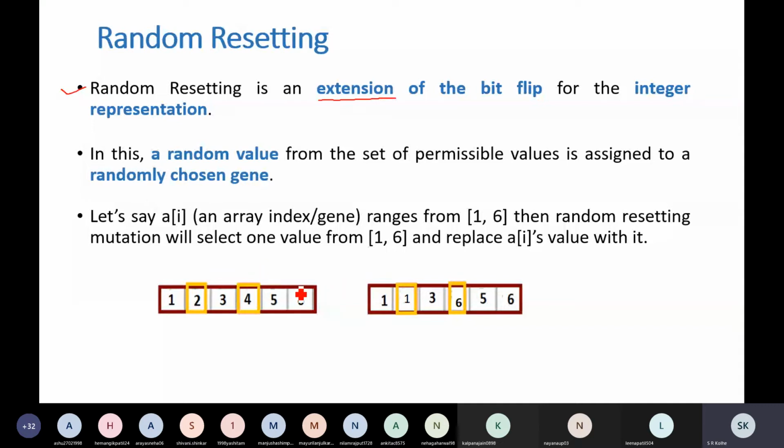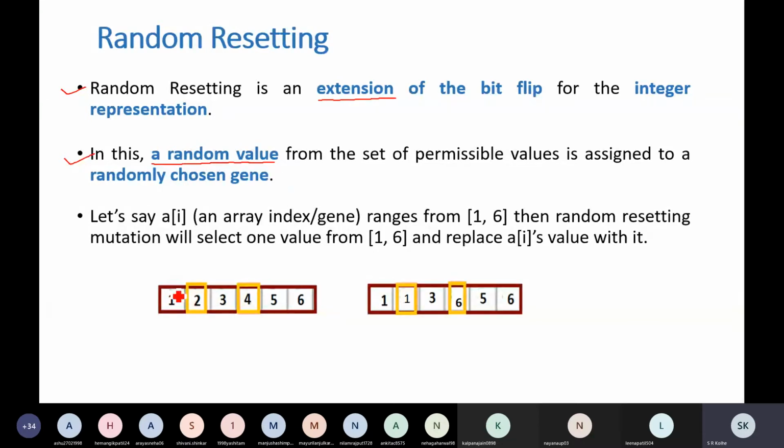If the representation is integer, then bit flip will not work, therefore we can use random resetting. What we do here in random resetting: a random value from the set of permissible values is assigned to a randomly chosen gene. Okay, simple. Since integer representation is used here, there are multiple possibilities. So a random value is assigned to the randomly chosen gene.